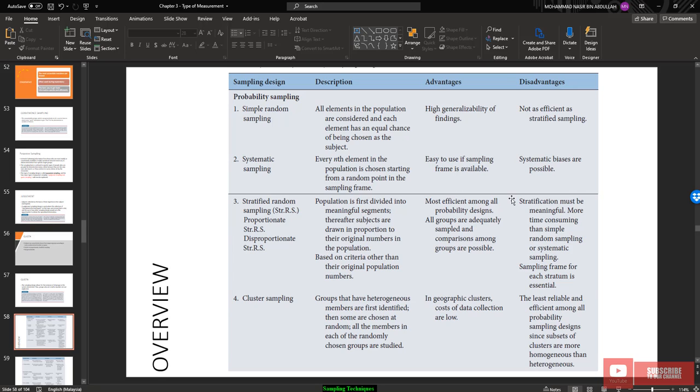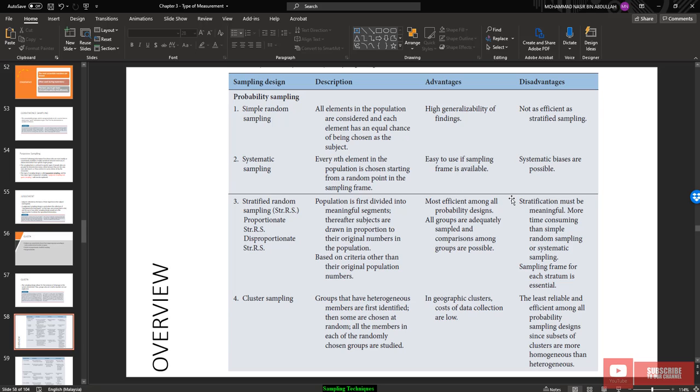Advantage is most efficient among all probability designs. All groups are adequately sampled and comparison among groups is possible. The disadvantage is the strata must be meaningful, and it is more time consuming than simple random sampling or systematic sampling. A sampling frame for each stratum is essential, which means that we need to have a complete sampling frame to employ